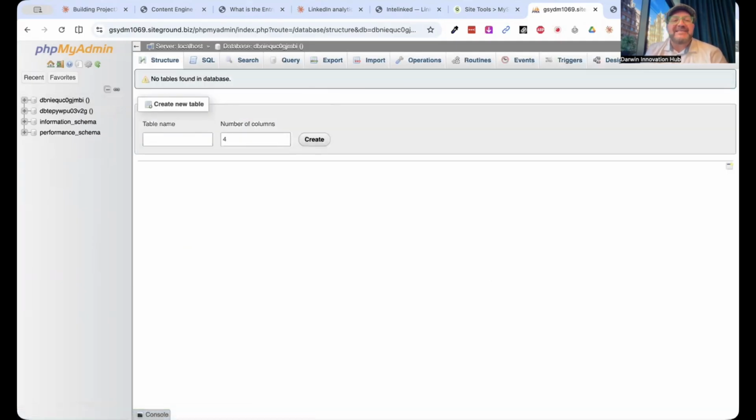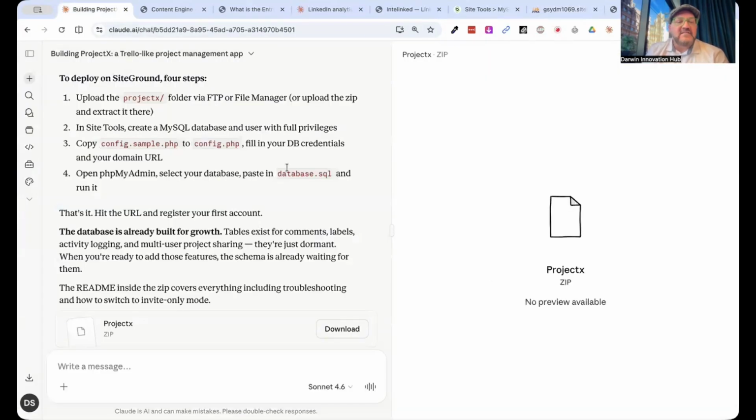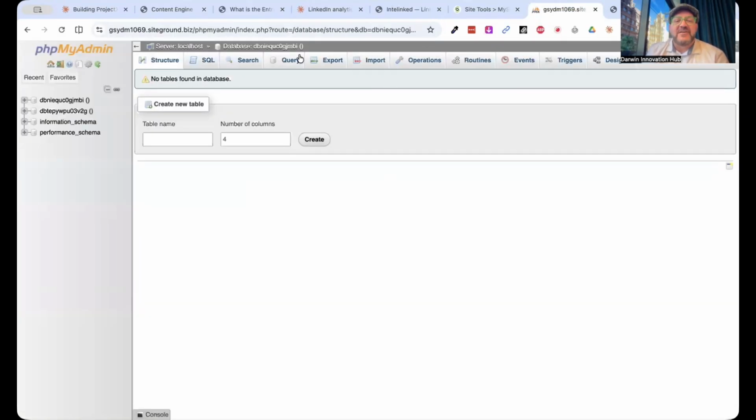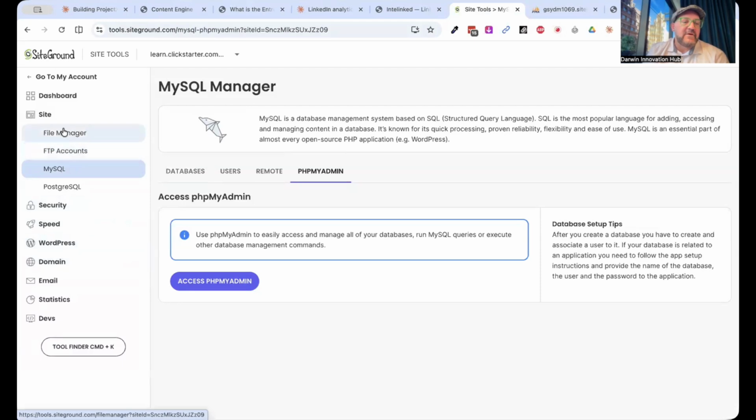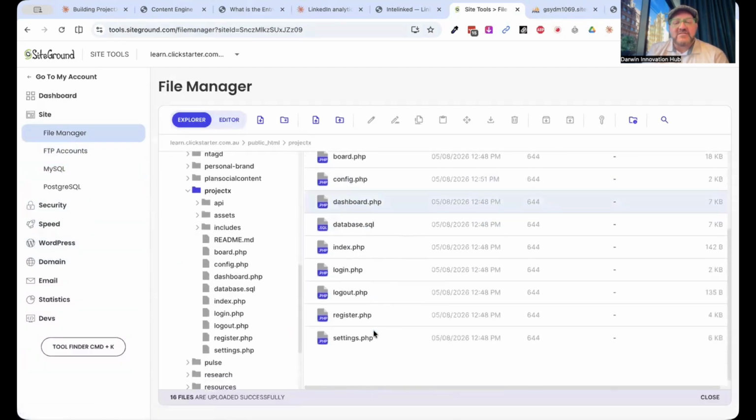And it's asking me to paste in the contents of database.sql and run it. So what it means by that is it needs me to go into SQL here and paste in whatever is in that file that it asked me to. So I'm going to pop into the file manager, go into